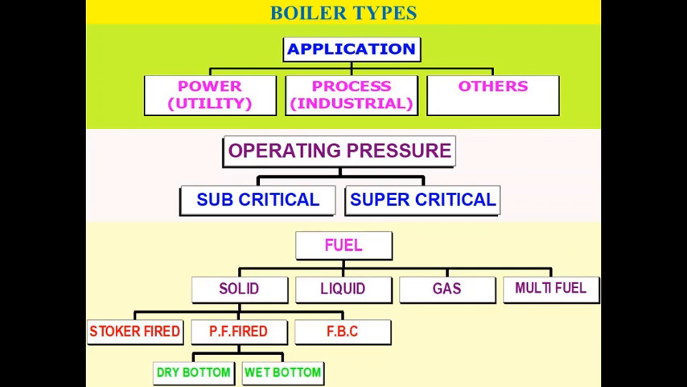We can have, operating pressure wise, subcritical or supercritical units. This is based on the critical pressure for the water steam domain, which as you know is 374 degrees centigrade at 221.2 kg per centimeter square pressure. Fuel wise,